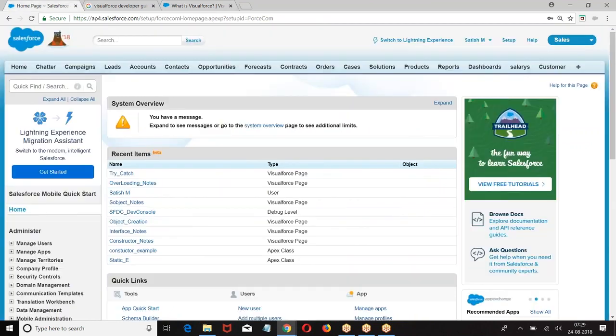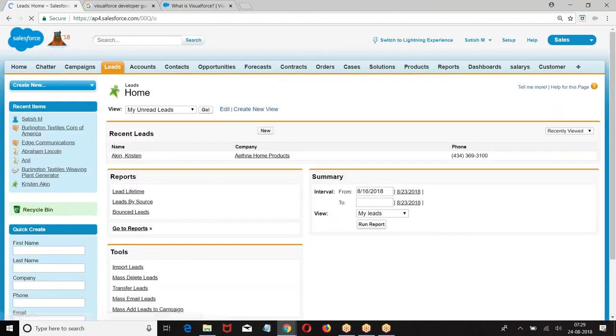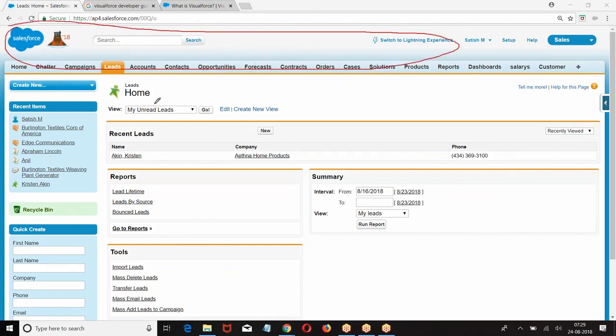Right now, when you log in, you are finding this screen. I don't want this screen on the top. I want to remove this top structure, and I want to create my own structure. In the sidebar, whatever you're finding, I want to add one more structure here. I want to create one more button here.